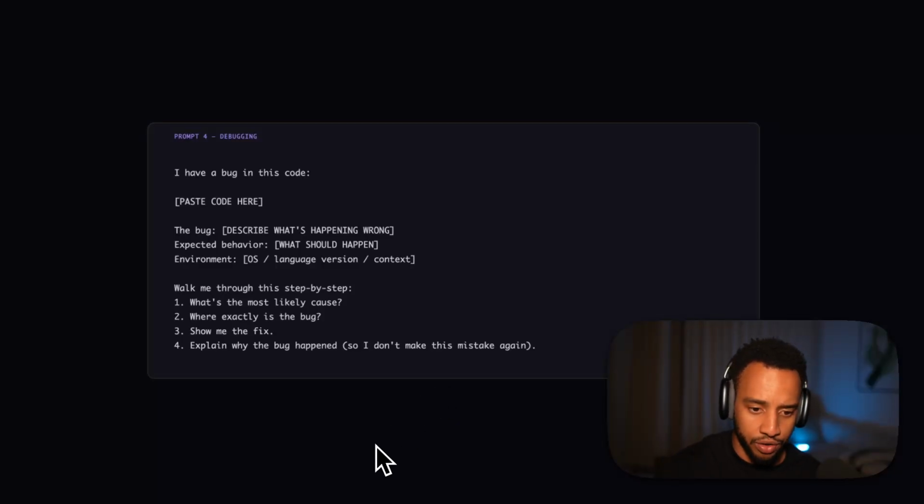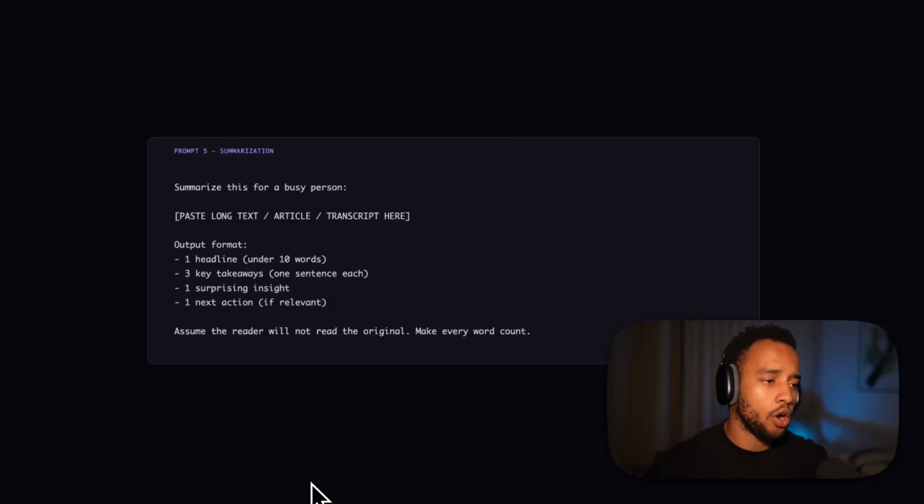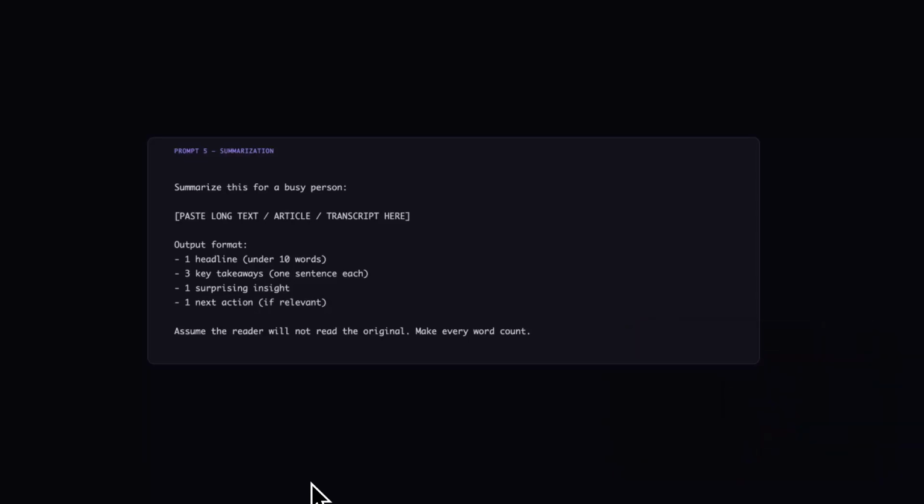instead of just copy pasting a fix or letting Claude or whatever AI you're using fix it itself. For number 5, I again have a prompt I use all the time, which is a summarization prompt. If you've got a long article or a long transcript or a dense PDF, you paste it in and